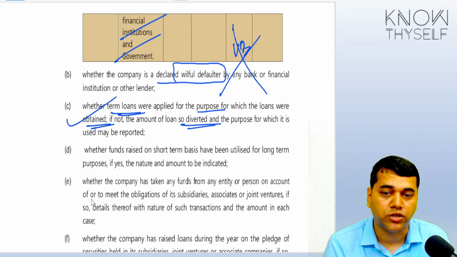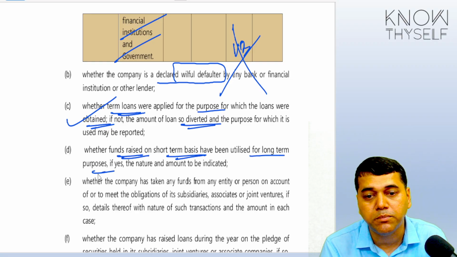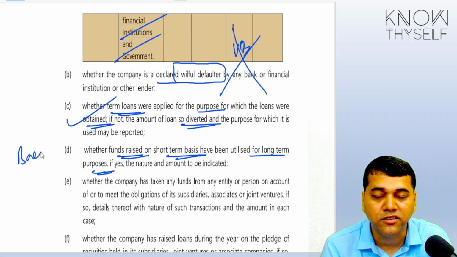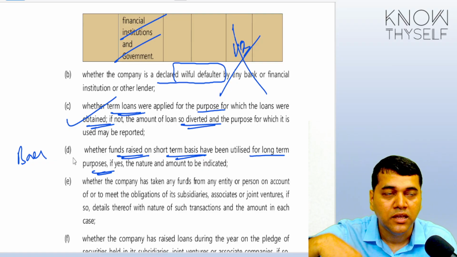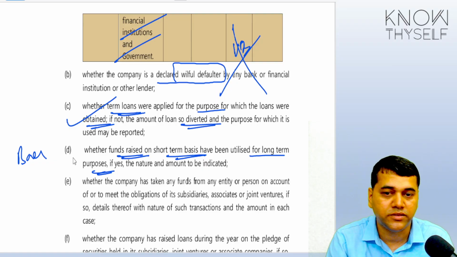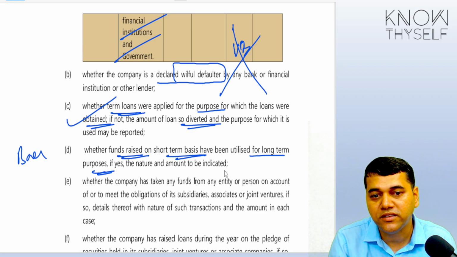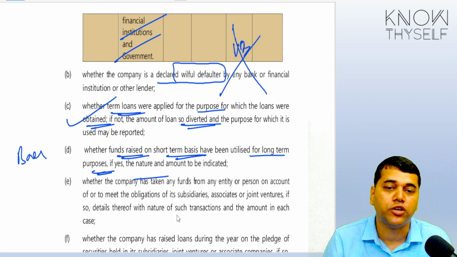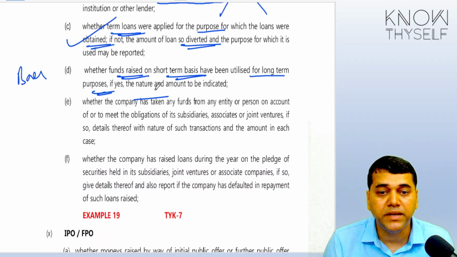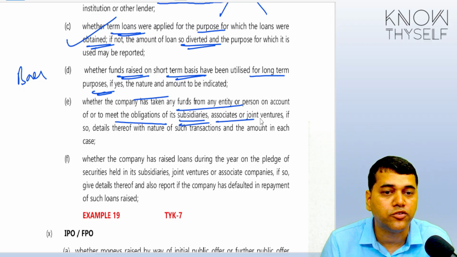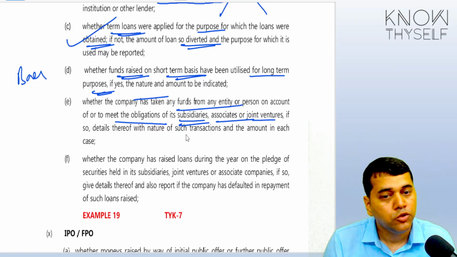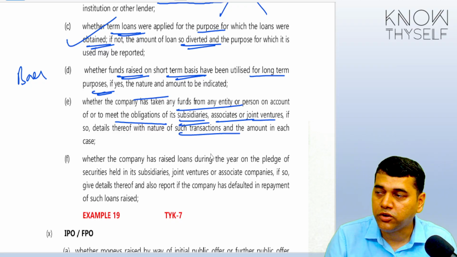So he has to report whether the funds raised on a short-term basis have been utilized for a long-term purpose. This is the bankruptcy case now. Because tomorrow when the short-term creditors come and ask for money, you will not be in a position to sell the long-term assets. If the organization is taking this type of risk, you have to tell the nature and the amount involved. Whether the company has taken any funds from any entity or person to meet the obligation of the subsidiary, associates and joint venture,